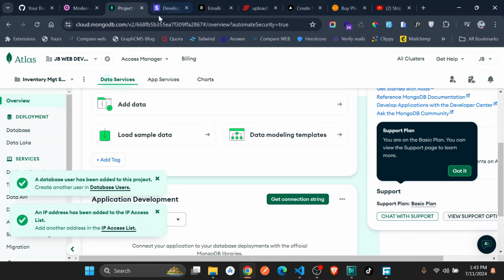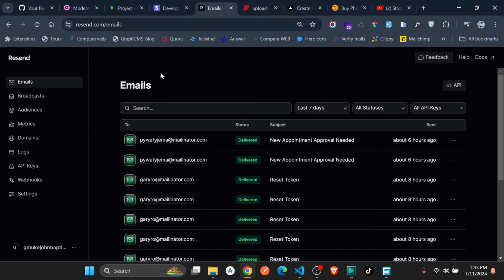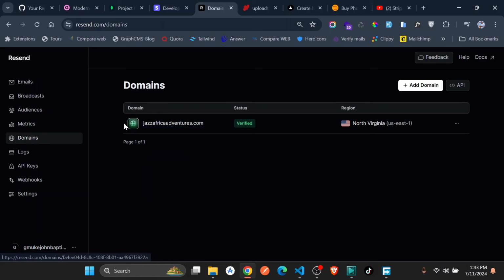So you have to go and create an account with Resend. Now Resend only allows one domain. So you can just come here first, come to the domains, and this is also a very tricky part, verifying the domains. Most people find it very hard to verify the domains, but just go ahead and add a domain. They will give you things to set in your DNS settings, in your host, if your website is hosted on